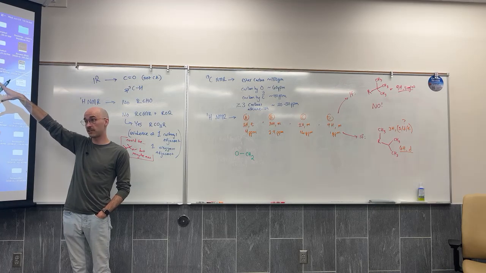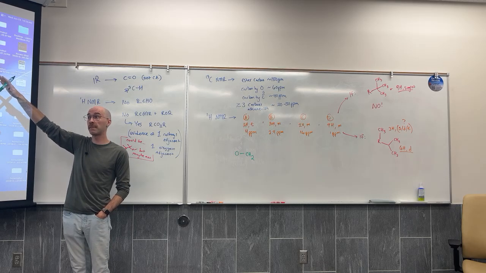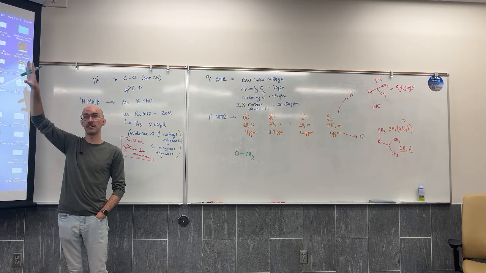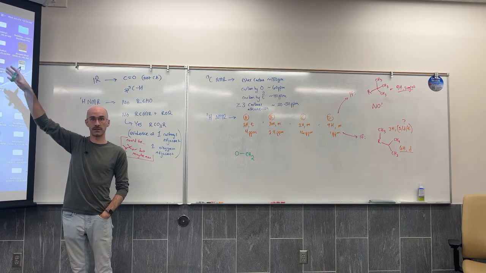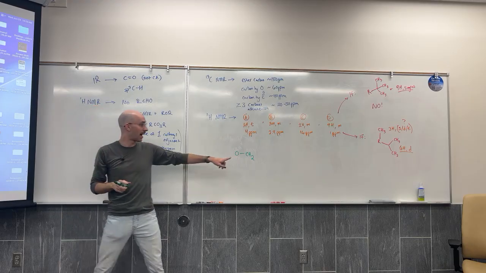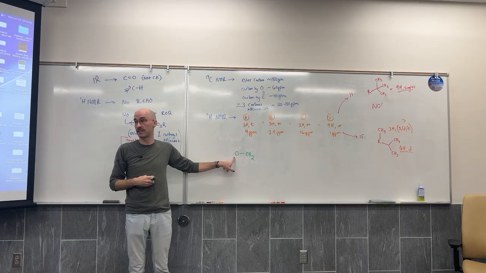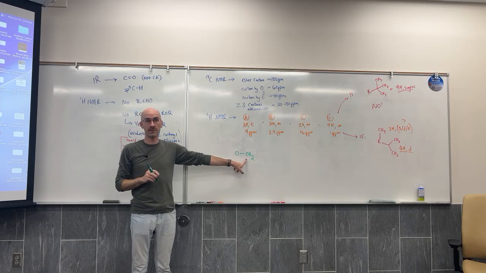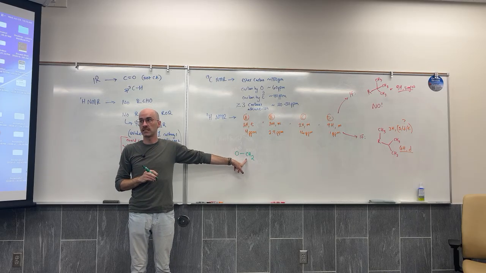I don't think it's a ketone. I know it's not an aldehyde. I know it's not a carboxylic acid. I'm pretty sure it's an ester from the IR. NMR is not telling me it's an ester. IR is telling me that it might be an ester. Because of its chemical shift, I believe it's next to the oxygen of the ester. And because of its splitting pattern,